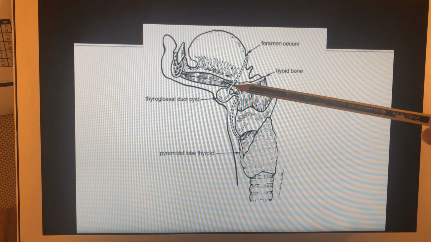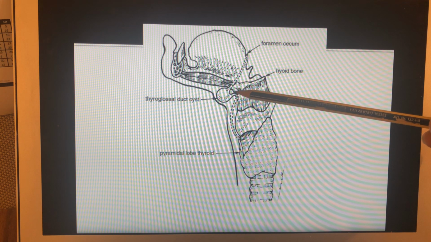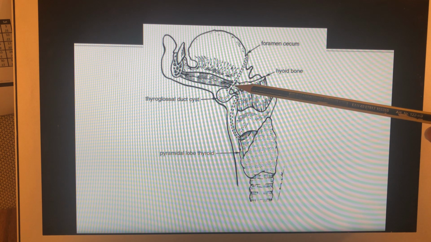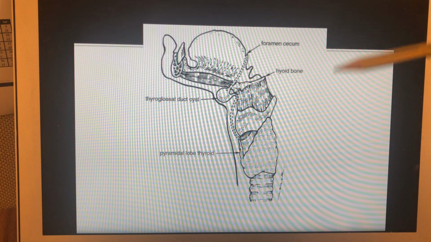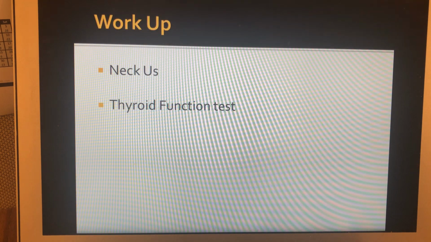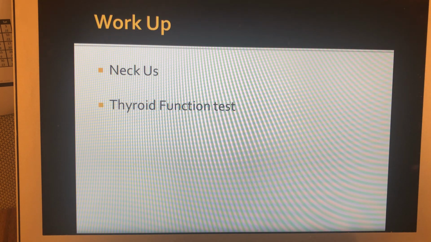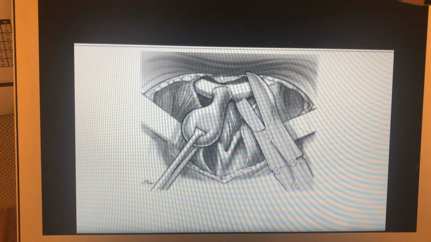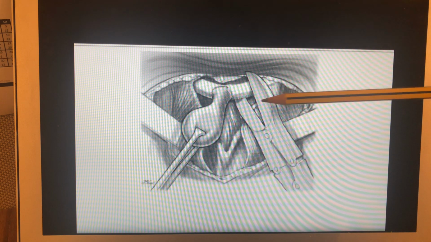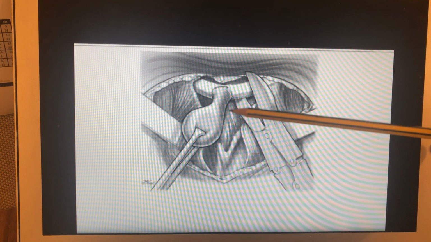It's important to know that the tract goes through the middle third of the hyoid bone, and that's why it's very important to remove the hyoid bone as part of the procedure. Workup includes neck ultrasound and thyroid function test for all thyroglossal duct cyst patients. Surgery is the treatment of choice, and it's mainly